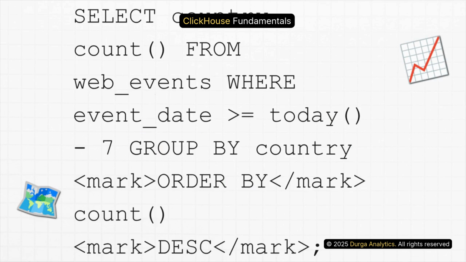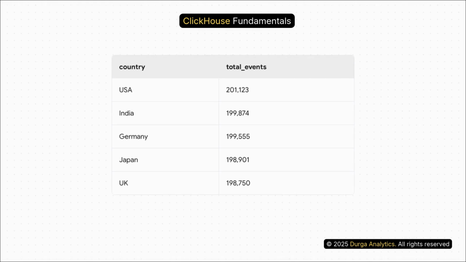And here's the query to get that answer. It's just clean, standard SQL. But notice we're filtering by event date and grouping by country, the very same columns that are in our ORDER BY key. This means ClickHouse knows exactly where to look to get the answer, making it super efficient. And there's our answer, a perfectly clear ranked list of countries by their total events. The marketing team now has actionable intelligence, and they got it instantly. That's business win number